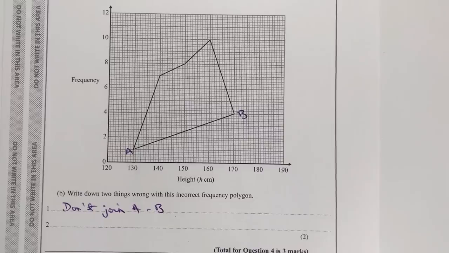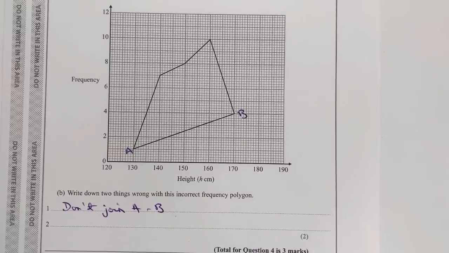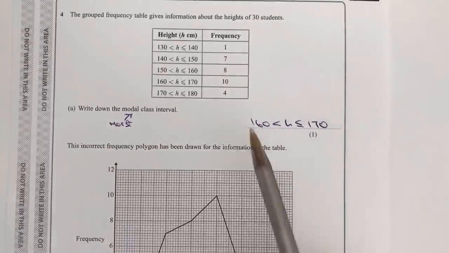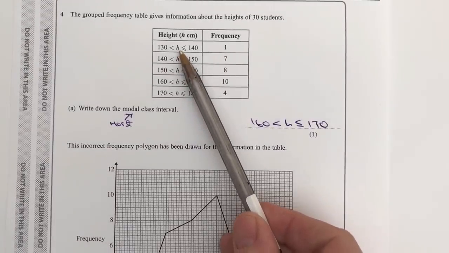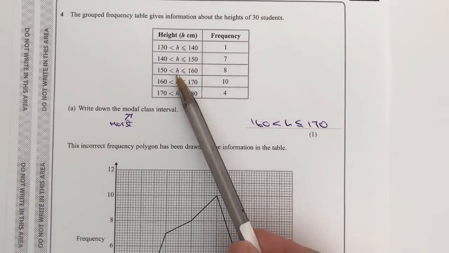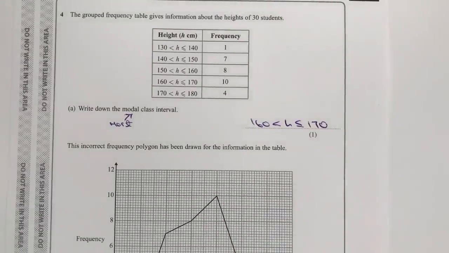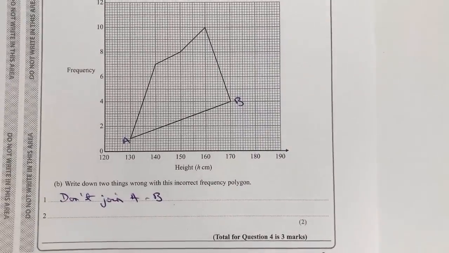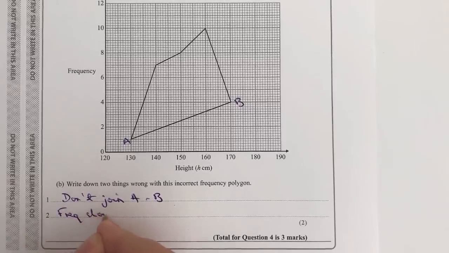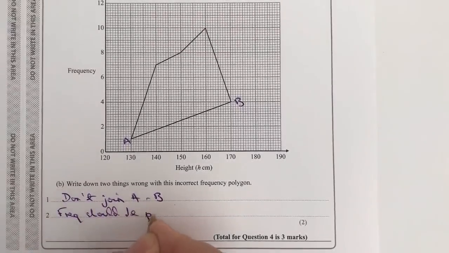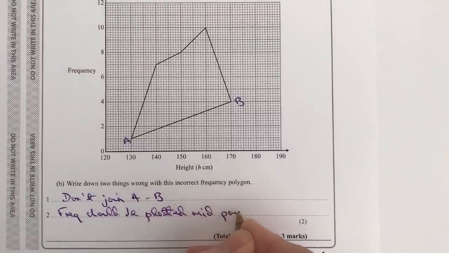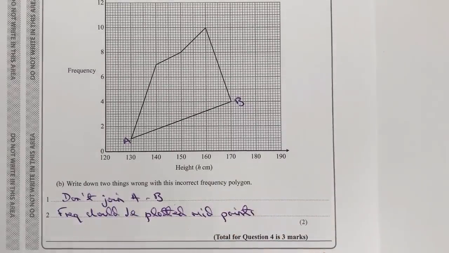Okay, and then the other one, which is less obvious, is that the frequency should be plotted at the midpoints. Okay, so if we look at this, they should be plotting 135 to 1 and 145 to 7 and 155 to 8 and so on. So the other thing that they've done wrong on this is that the frequency should be plotted at midpoints. Okay, and just as an example of that, I would write that down as